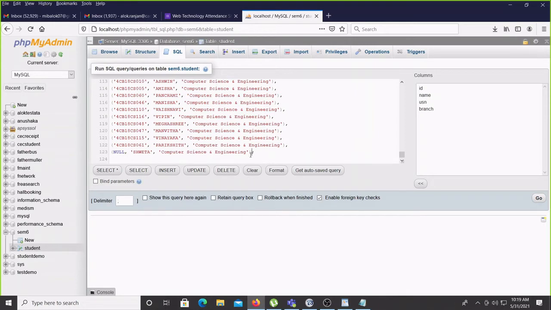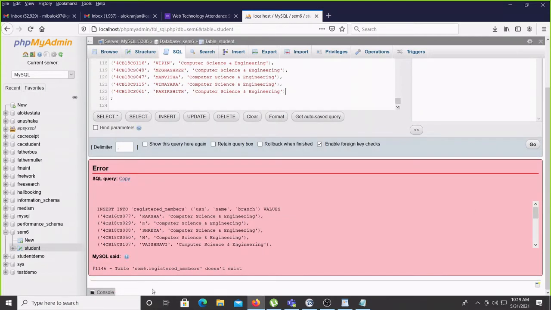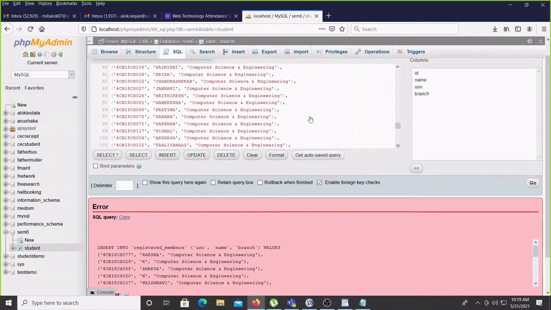This one student's data I am deleting because I don't have the USN. Name, USN, branch.